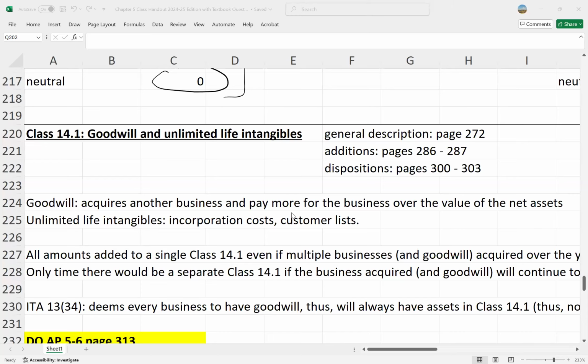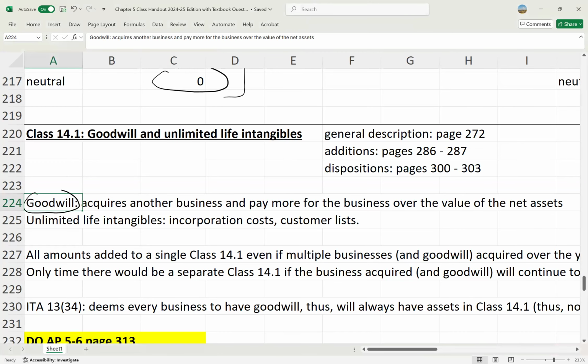Now, you probably heard about goodwill from your accounting classes, but basically goodwill is when you buy another business and you pay more for that business over the value of their net assets. Net assets is basically the assets minus the liabilities. So if the company that you're buying had assets worth 120,000 and you assume their liabilities of 20,000, then the net assets would be 100,000. And let's say you paid 110,000 for the net assets, then the extra 10,000 that you paid would be considered